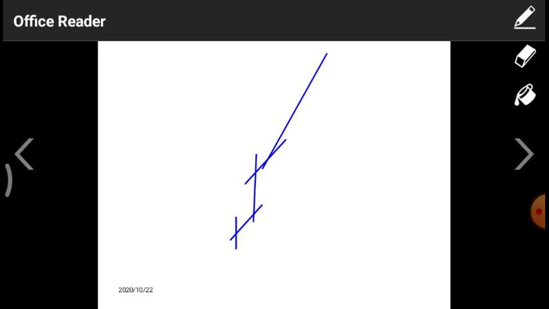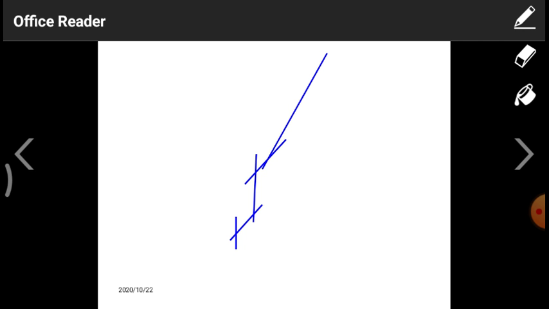Here we are observing 1 2 3 4, totally 4 quantities of road. That means 5 roads are simply connecting: first road, second road, third road, fourth road, and fifth road. Totally 5 roads are there, and those 5 roads are connected at 4 points. 1 2 3 4, totally 4 points.